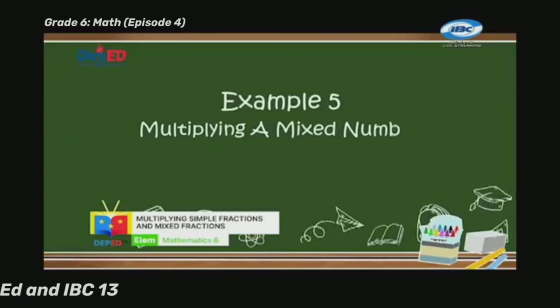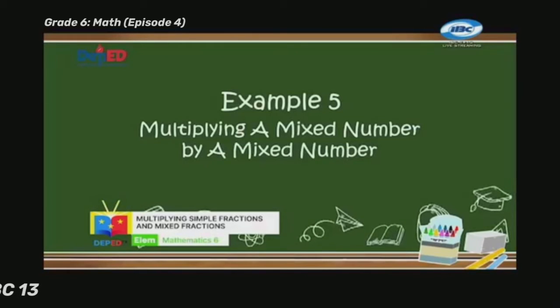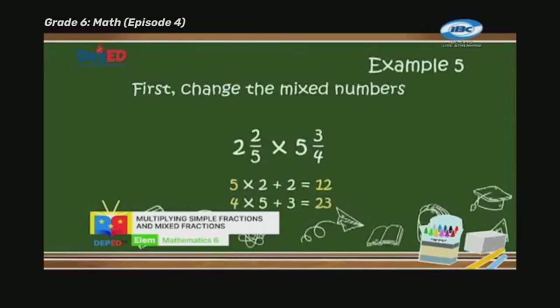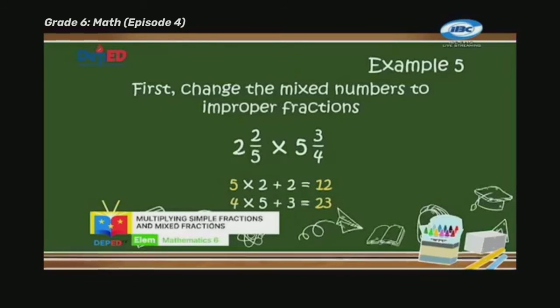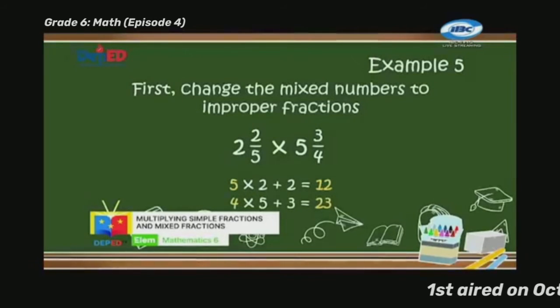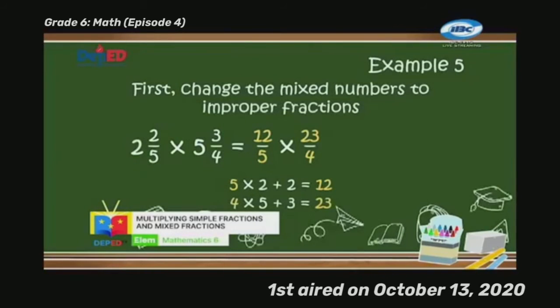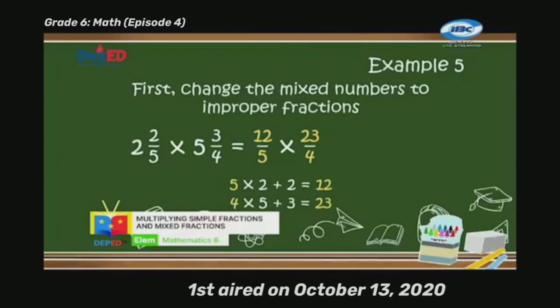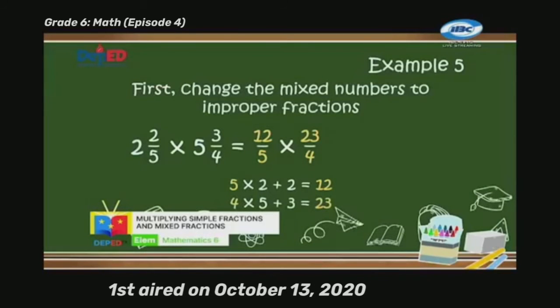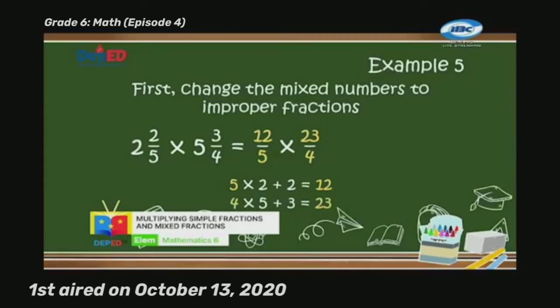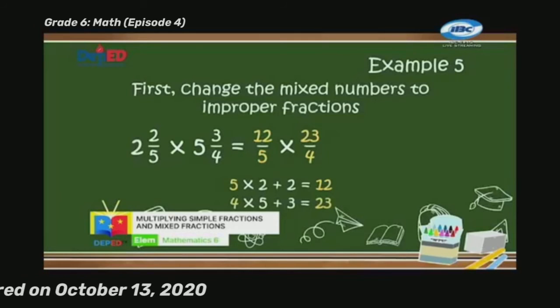Example number 5. Multiplying a mixed number by a mixed number. 2 and 2/5 times 5 and 3/4. First, change the mixed numbers to improper fractions. 5 times 2 plus 2 equals 12. Copy the denominator 5. We have 12/5. 4 times 5 plus 3 equals 23. Copy the denominator 4. We have